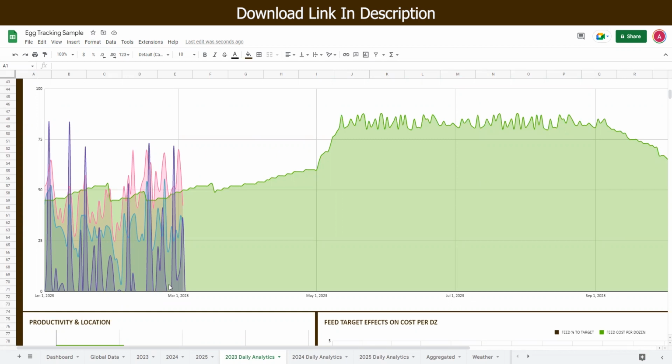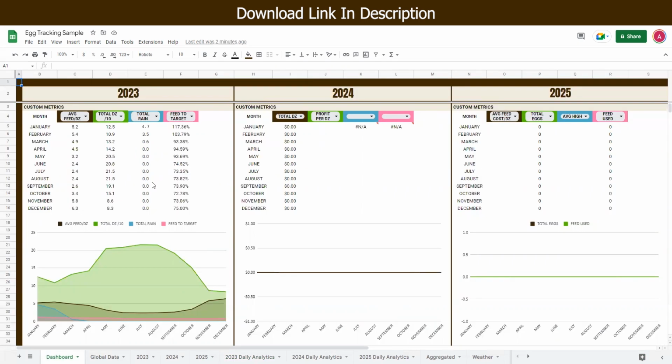So that's how you'll import all of your weather information into these sheets. You can then use that to match up against your egg layers and see how the weather is affecting your productivity. So now that you have the weather data in there and you've been logging your information on a daily basis,